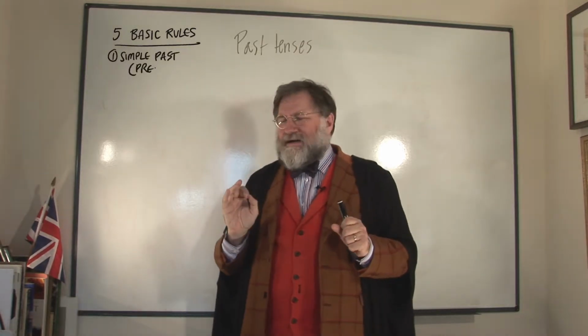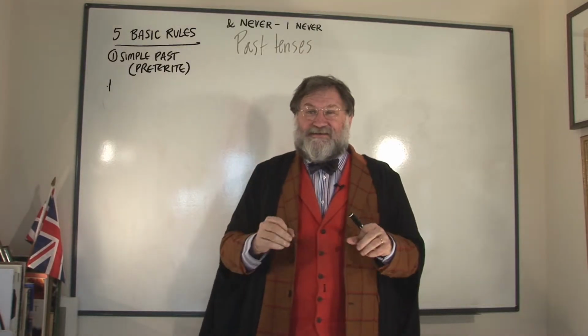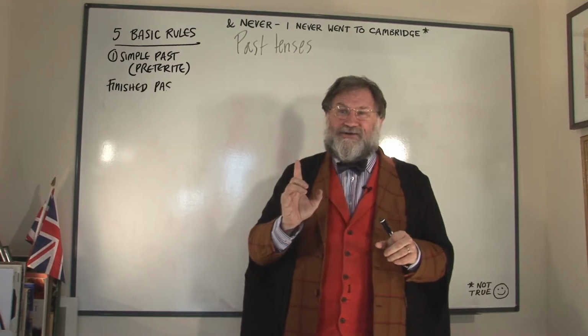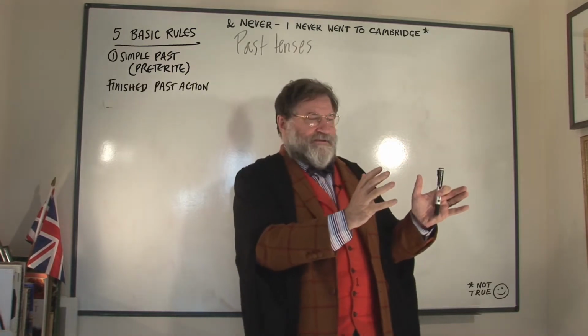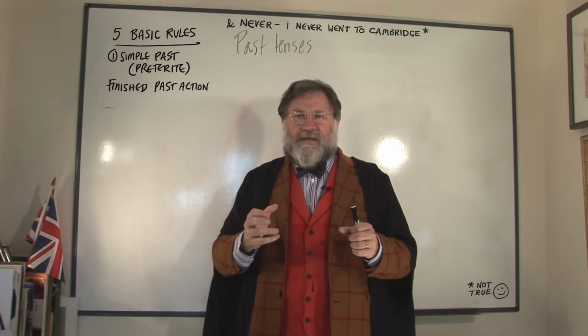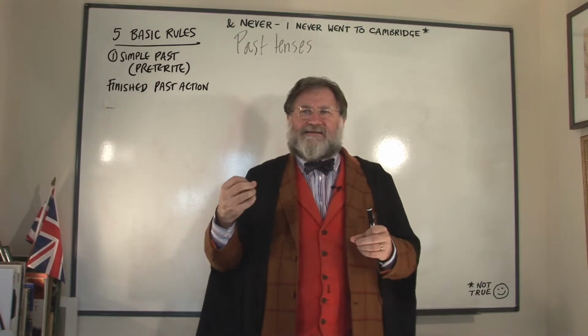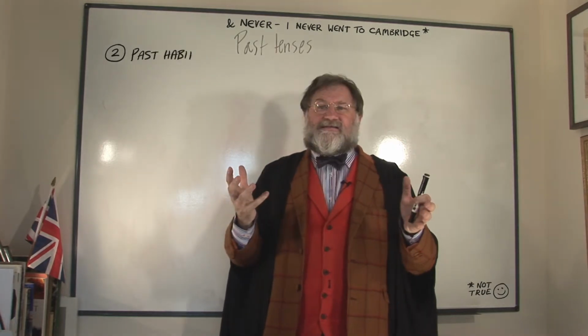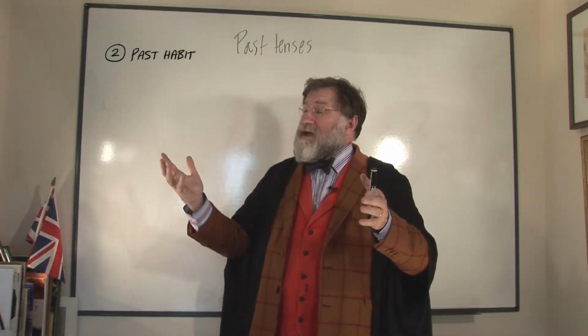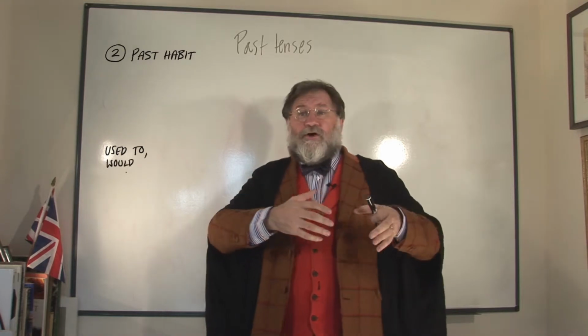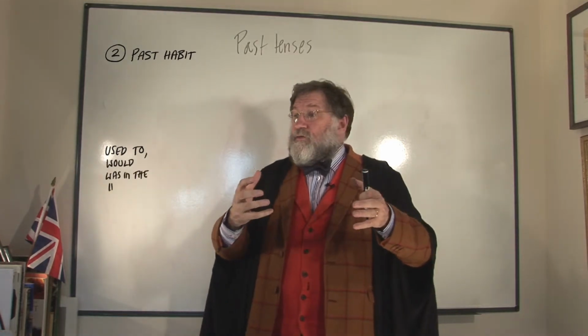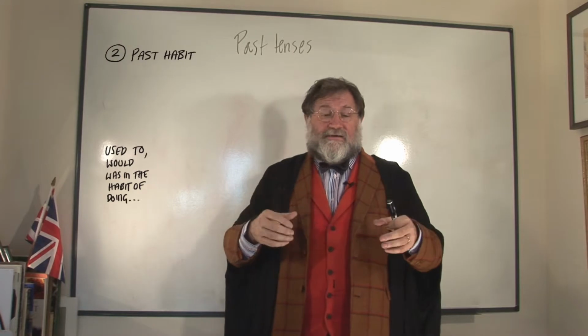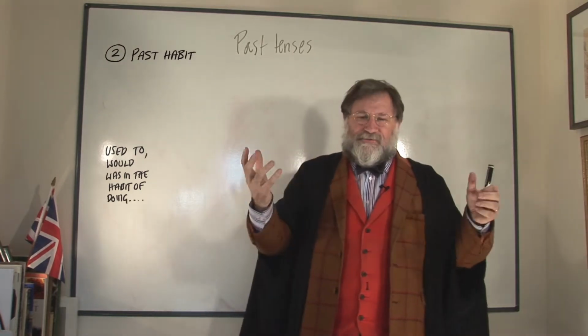Firstly, the simple past, or the Preterite, deals with one finished action in the past. I went to Oxford yesterday. Secondly, it deals with a past habit. My elderly aunt smoked 10 cigarettes a day. We can also talk about past habits with words like used to or would, or was in the habit of smoking 10 cigarettes, and so on.